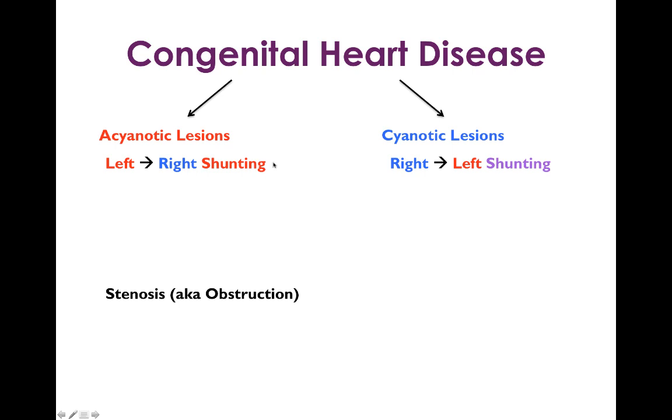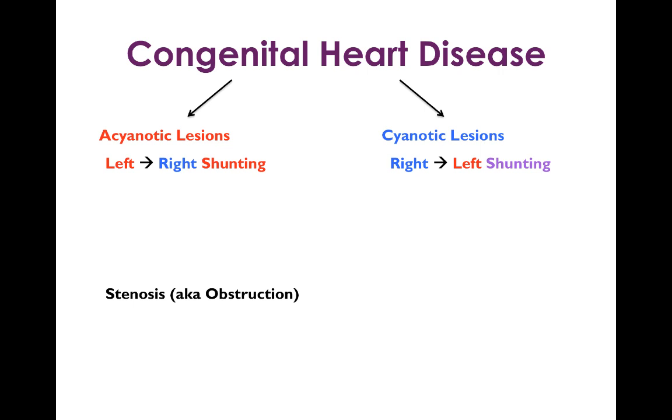one subclassification are lesions that lead to left to right shunting. Since you have shunting of red blood to the right or blue blood side of the circulation, you don't get any desaturation when you get to the systemic circulation. So that's why the word shunting is shown here in red. Despite the shunt, you get normal oxygenation in the systemic circulation. The other subclassification of acyanotic lesions are lesions that are obstructive or are a stenosis, some sort of valvular stenosis,